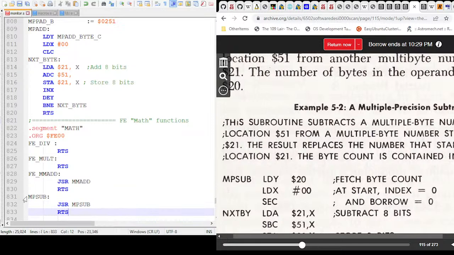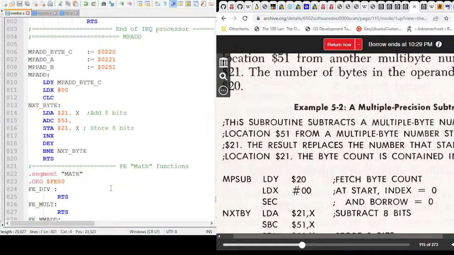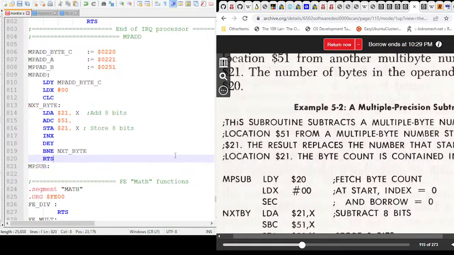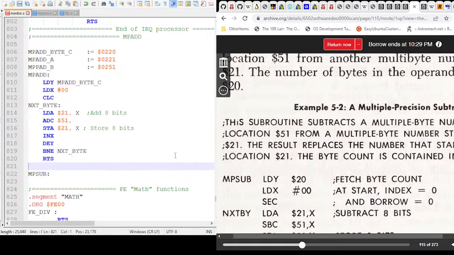RTS, and we want to do, because it is an FE function, so